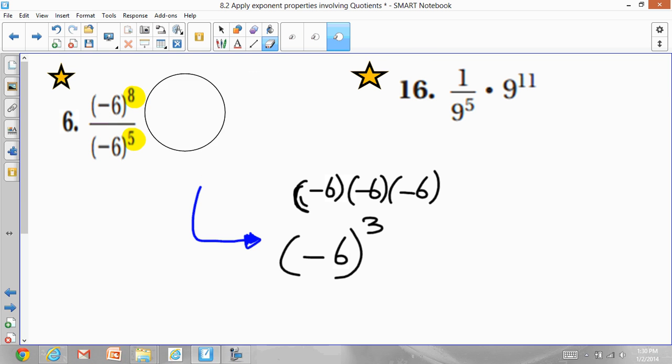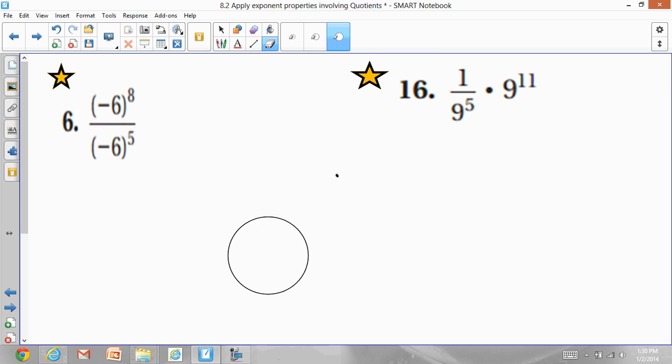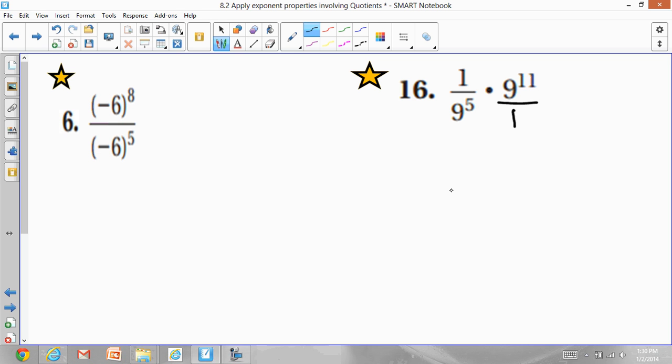Now copy question number 16. So I get 1 over 9 to the power of 5 times 9 to the power of 11. I'm just going to write a 1 on the bottom. If there is a denominator missing, always make sure that you write a 1. So 1 times 9 to the power of 11 is going to be 9 to the power of 11. 9 to the power of 5 times 1 is just going to be 9 to the power of 5. So now all I have to do is apply the exponent properties involving quotients,